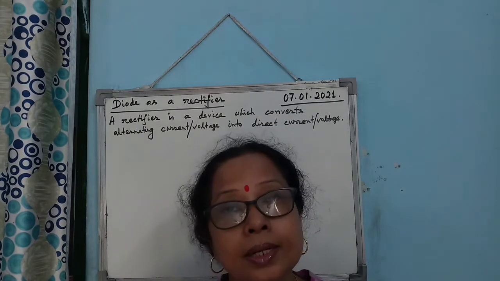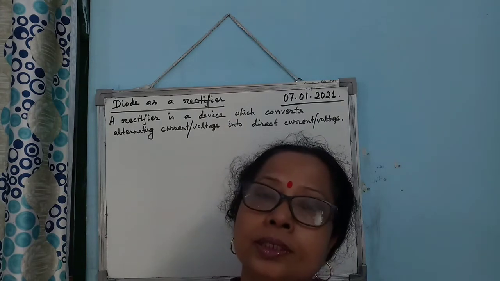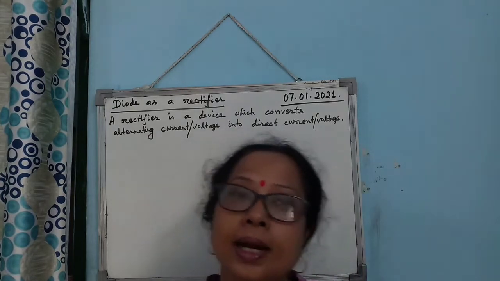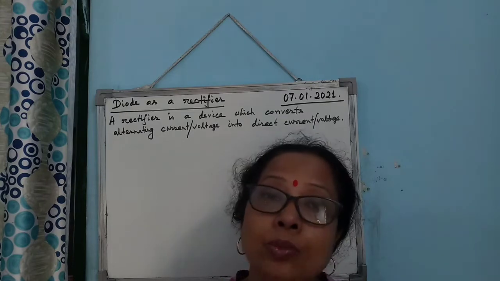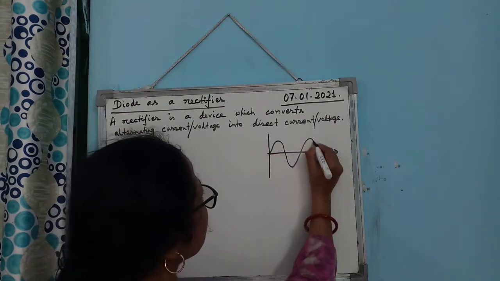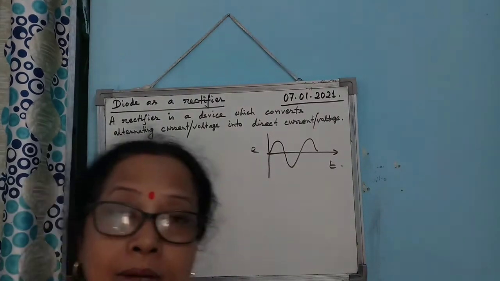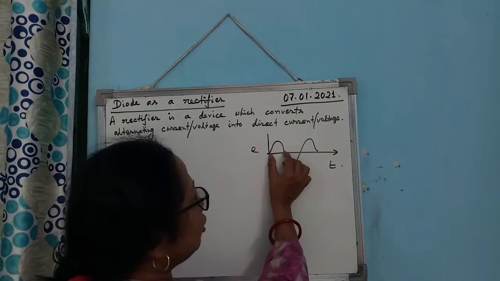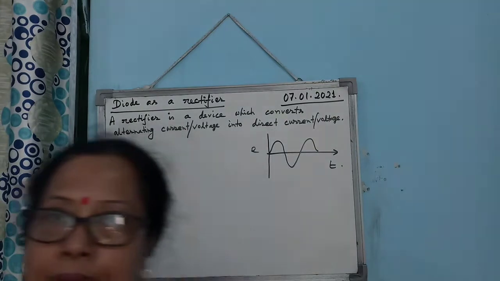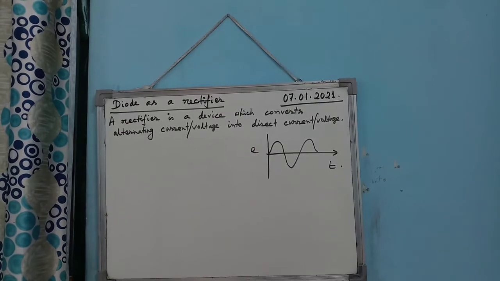Now, what is a rectifier? I said it is a device which converts alternating current into direct current or alternating voltage into direct voltage. If you plot alternating current, then you know that it has one complete cycle. If I plot that alternating current it looks like this, isn't it? E versus T graph. So you see this is a full cycle. Now when the diode can rectify only half of the full cycle, then that is known as the half wave rectifier. So first I will discuss how a junction diode is used as a half wave rectifier.